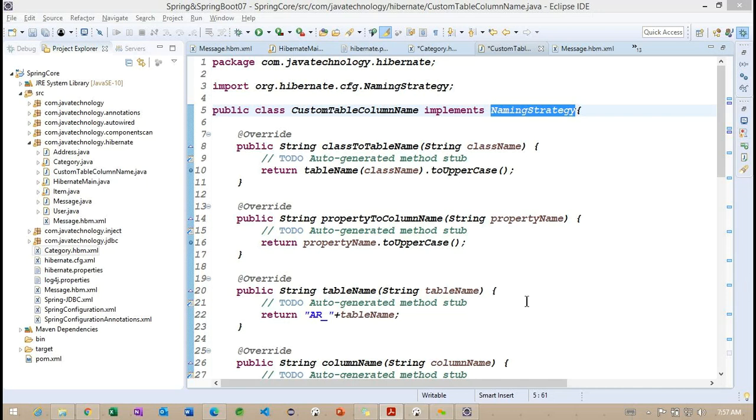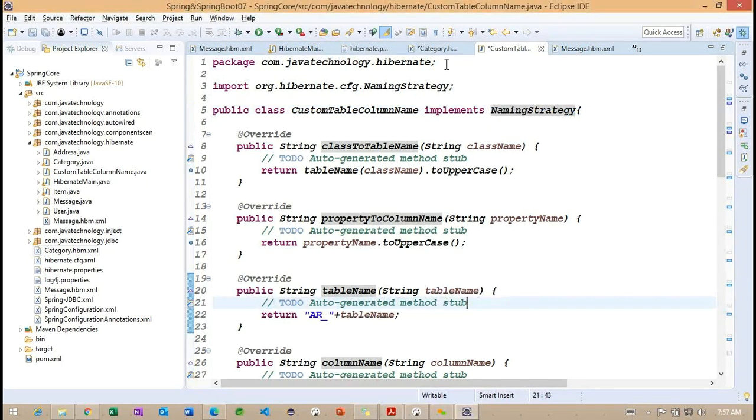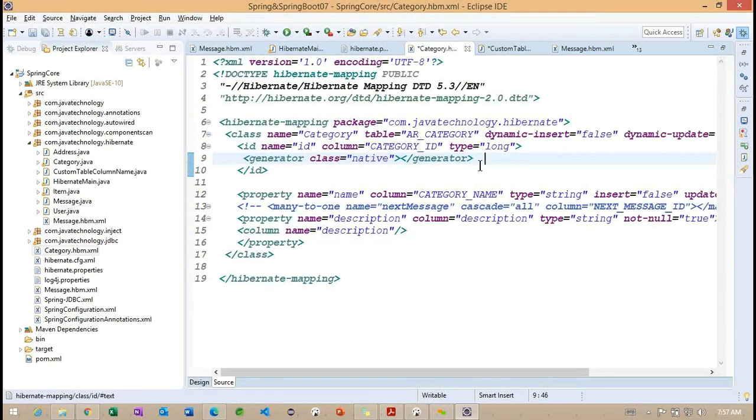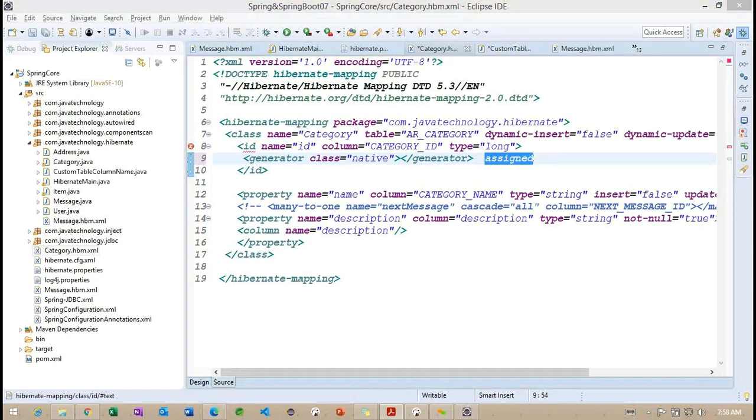When we work with the generator class called assigned, we have one more generator class here. Getting the point, but we need to understand in which scenario we can use it. It works the same as native, but the only difference is that when we work with a detached or transient object, we are going to get disadvantages. This is what I want to provide here, and tomorrow we are going to discuss more.